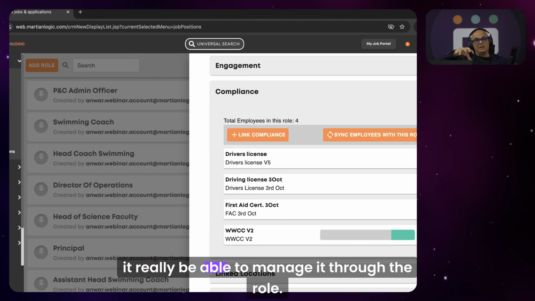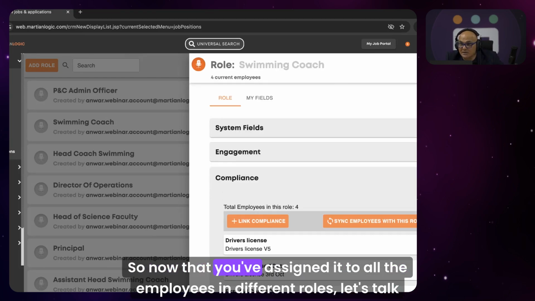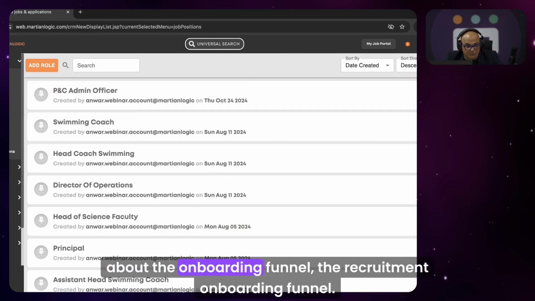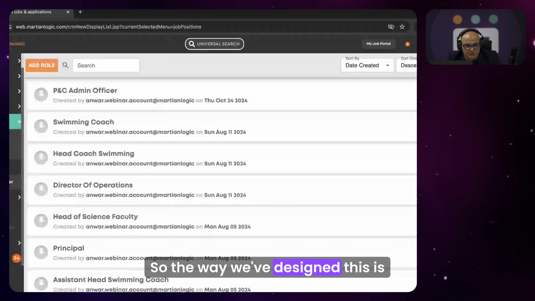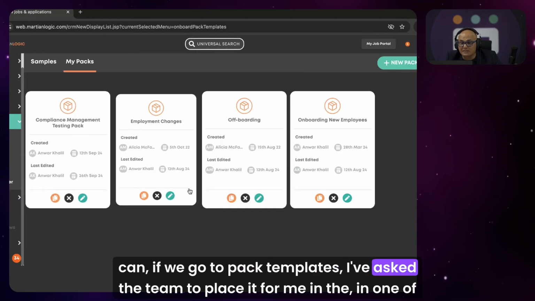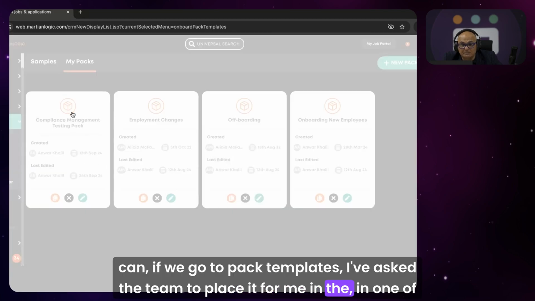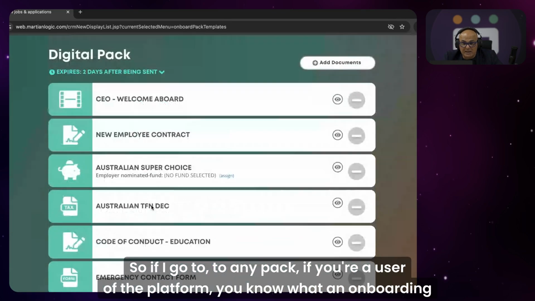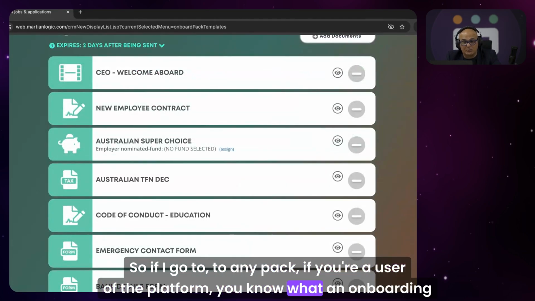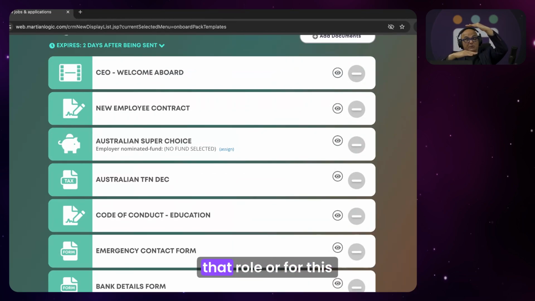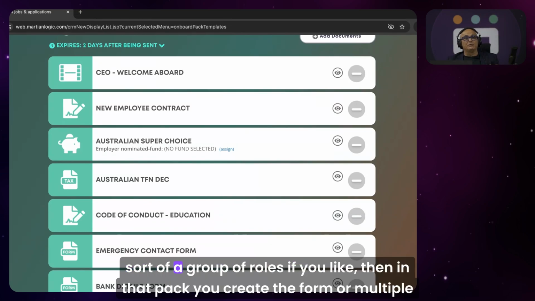So being able to manage it through the role has a couple of advantages there. Now that you've assigned it to all the employees in different roles, let's talk about the onboarding funnel, the recruitment onboarding funnel. The way we've designed this is really flexible. If we go to pack templates, I've asked the team to place it for me in one of the packs. So if I go to any pack, if you're a user of the platform, you know what an onboarding pack is. For those items for that particular role that you've got a pack for, or for this sort of group of roles, if you like,